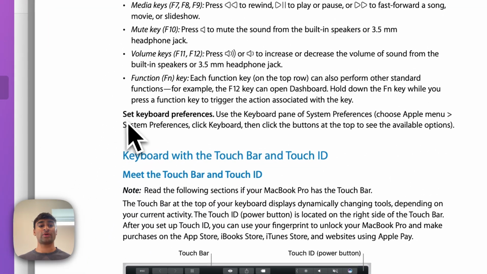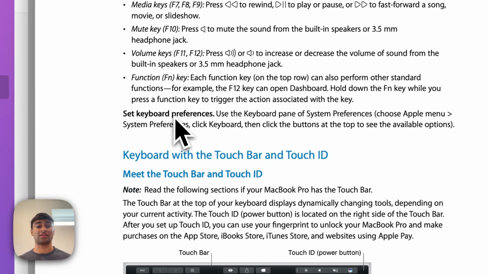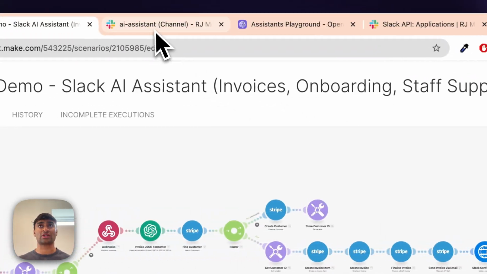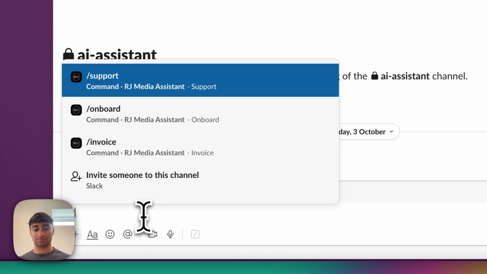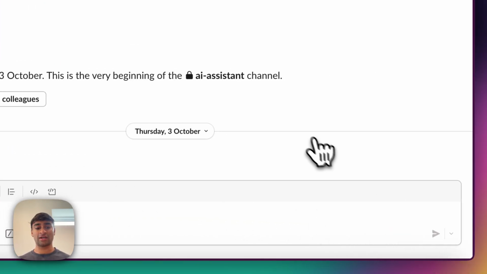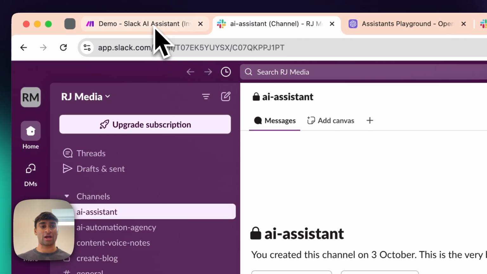So if we look at the manual here, we can ask about setting the keyboard preferences, and the output should go through these exact steps. So if we go into Slack, we can enter /support. We can say, how do I set keyboard preferences? And if we send that, this should trigger our Make automation,